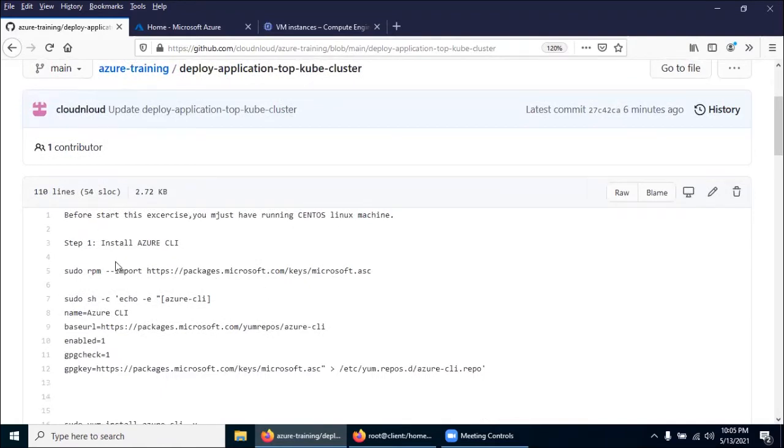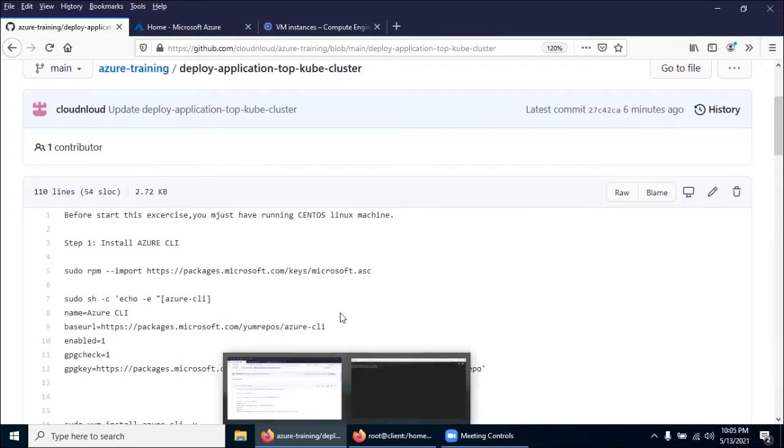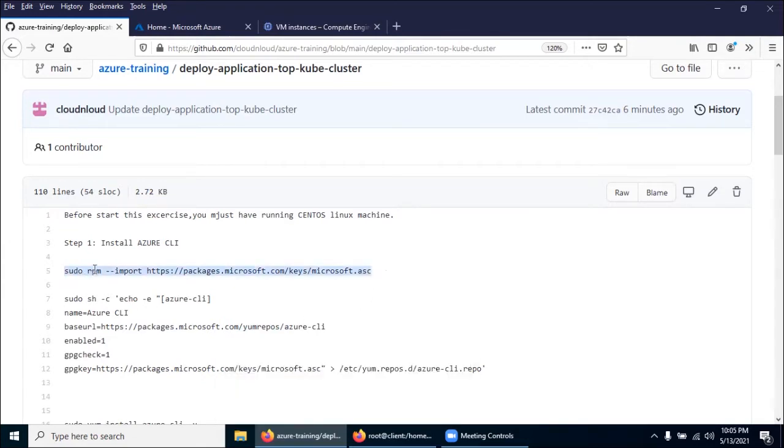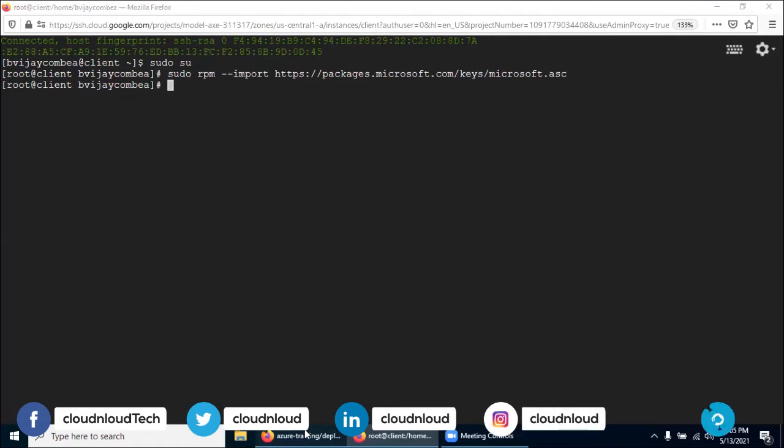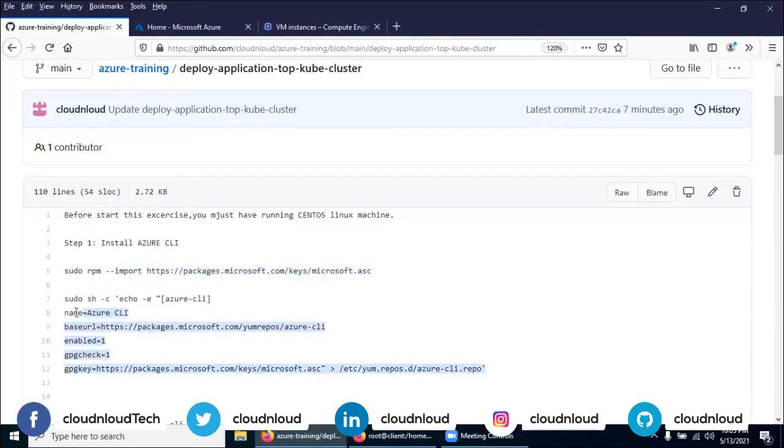So I'm going from the top. First we will configure Azure CLI. I have a machine, and I'm going to first configure the certificate, and then the repository.